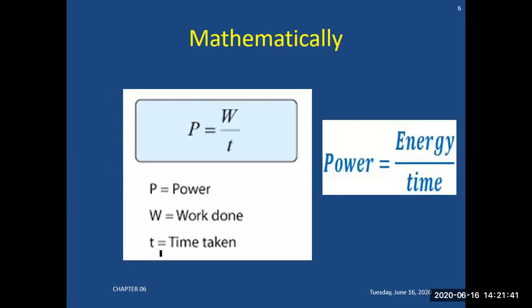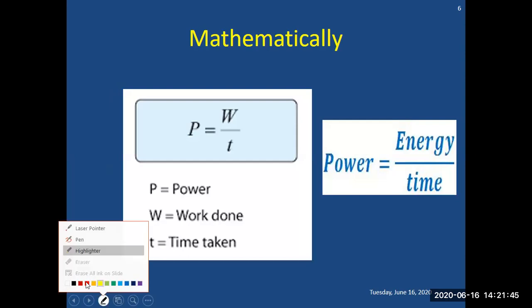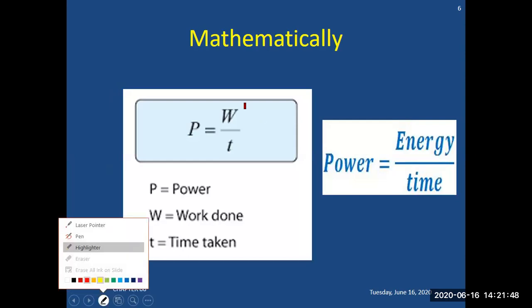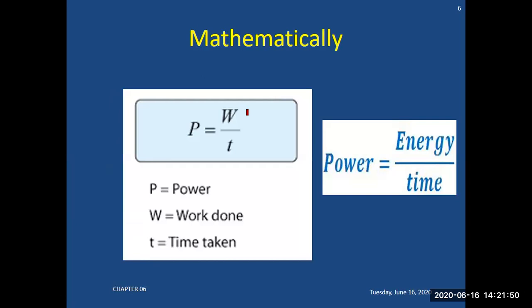If you look at this formula, this clearly shows the statement we have explained. This is the amount of work done, and this is the amount of work done per unit time. That is basically power. The unit of work is joule, and the unit of time is second. The amount of work done is basically energy, as we have done during the last classes, so energy consumed per unit time is power.